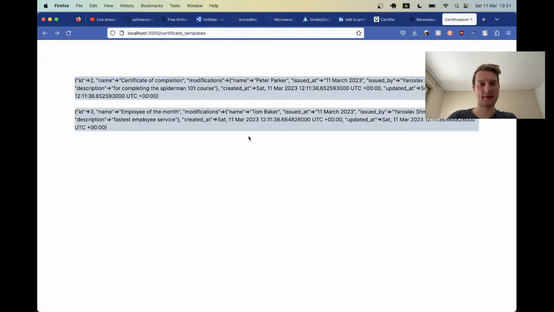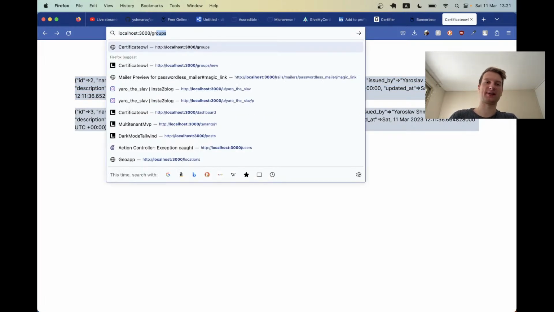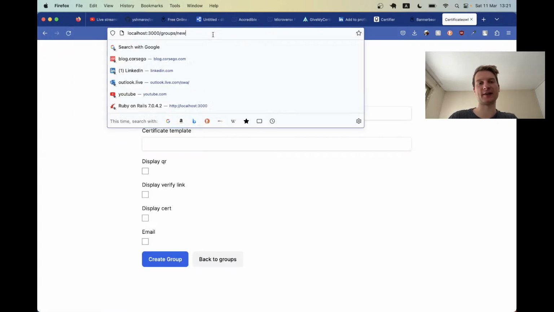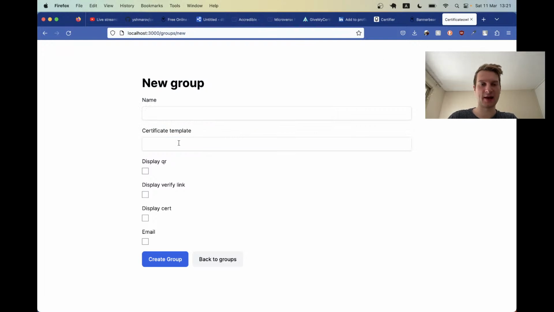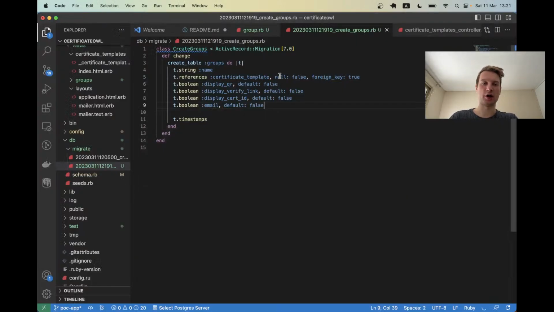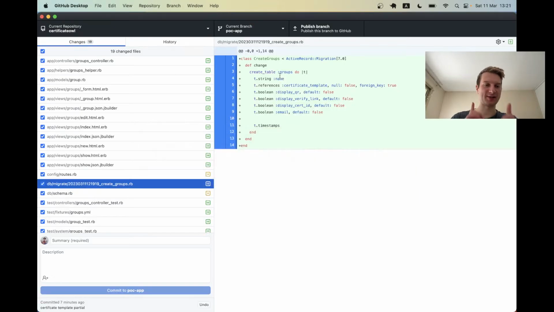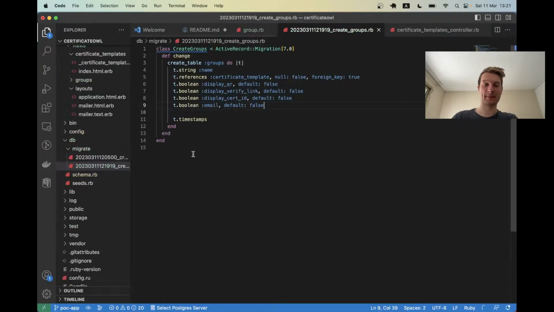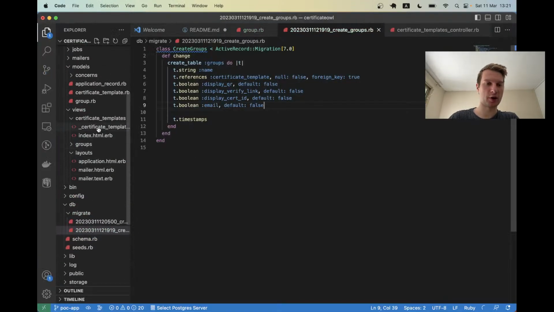So let's turn these into links to create a group. Let's go to group/new and we would have some kind of certificate template ID in the params and it will be automatically populated here. So let's go to our certificate templates. Okay, let me first save our changes. Scaffold groups. Yeah, and going back to our certificate template,